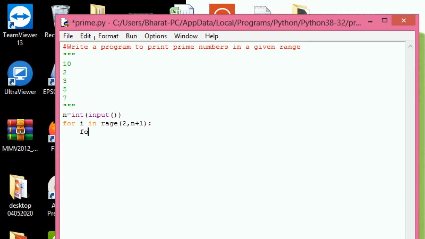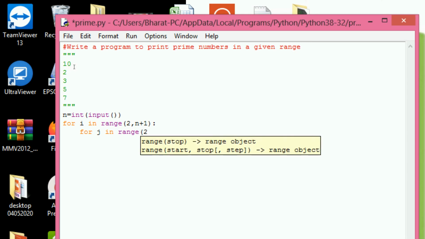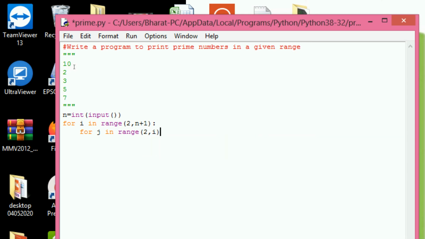Next for j in range of 2 comma i. If i % j, that means if i is divisible by j, then we say that it is not prime.